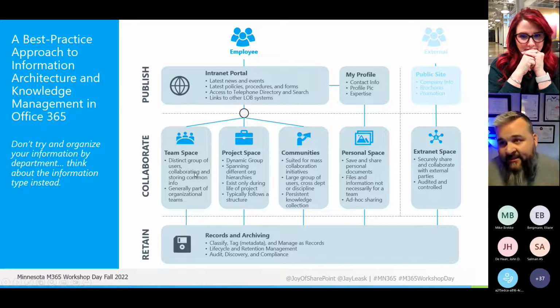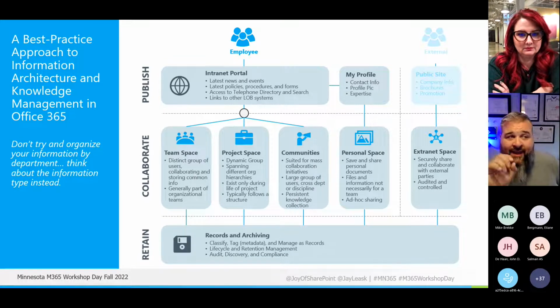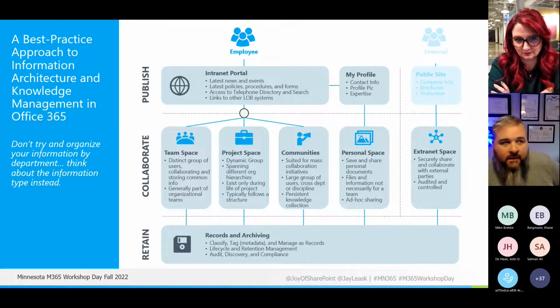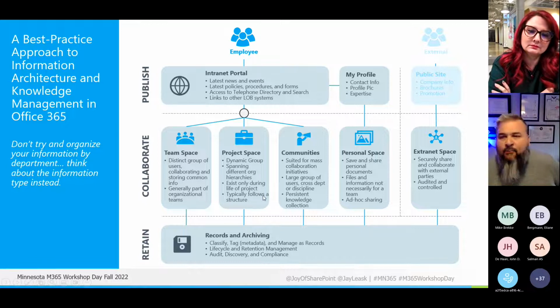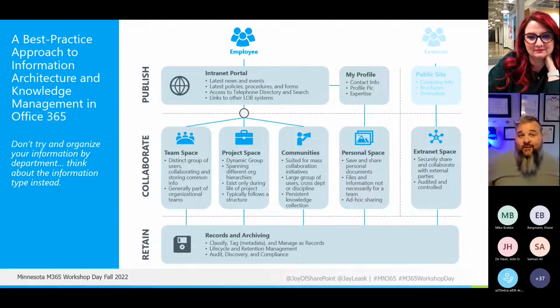You need a team space for the HR organization to be able to collaborate with each other. It has distinct users, they have specific things they're trying to do, and it is probably organizationally based. You need a project space. This is more dynamic. It's going to cross-matrix different parts of the organization. It has a life cycle. My team, in theory, doesn't have a life cycle. We stand it up when the organization's created. When organizational change happens, that might be a trigger, but it is not like every 6 months we're going to have a new team. Every 6 months, we're probably going to have a new project, depending on what you do.